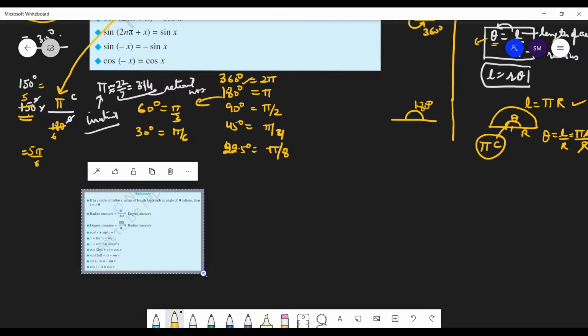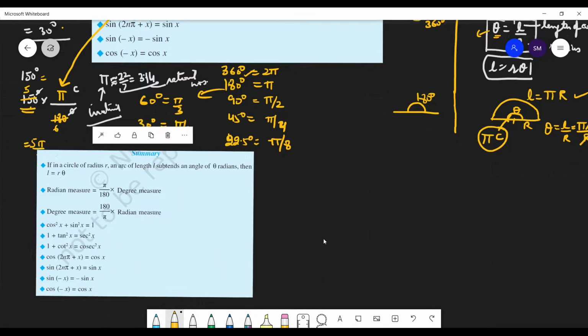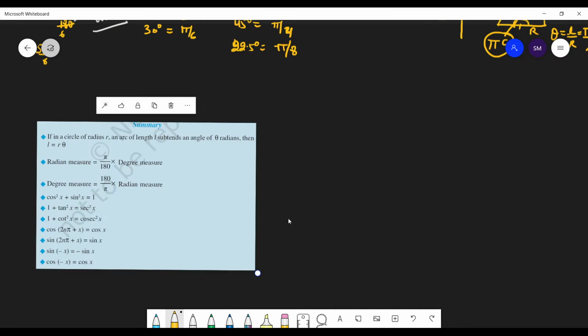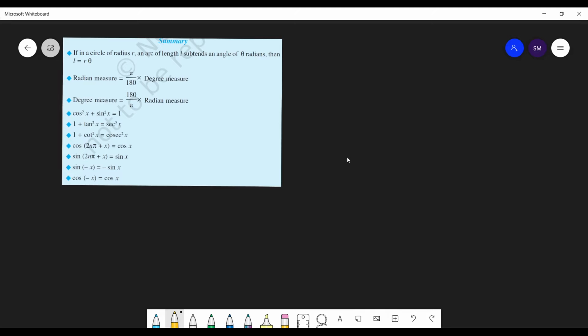Now, what about the rest of the formulas? I will not go into the depth of the derivation. We know cos square x plus sin square x is 1. That's absolutely fine. But still there is the unit circle. We start trigonometry with the unit circle. Its radius is equal to 1 unit. And this is radius, this is radius, from here to here. This is also radius, and radius is equal to 1 unit. So we call it the unit circle.